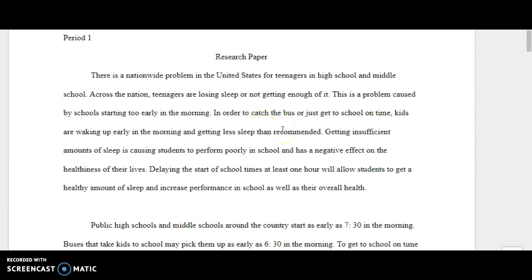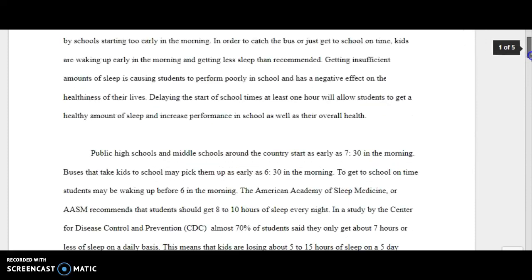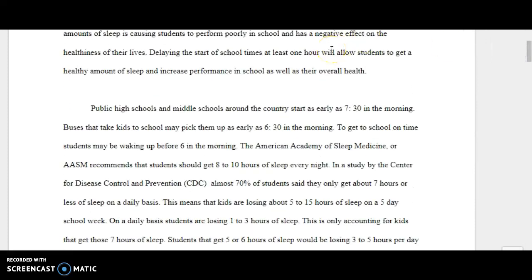Getting a sufficient amount of sleep is causing students to perform poorly in schools and has a negative effect on health in their lives. Delaying the start of school times at least 1 hour to get a healthy amount of sleep. Okay, so now you presented what amounts to a thesis here. Kids are not getting enough sleep. They need more sleep. They need an hour more sleep, and we can take care of that by delaying the